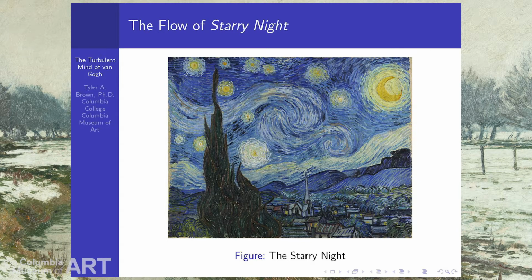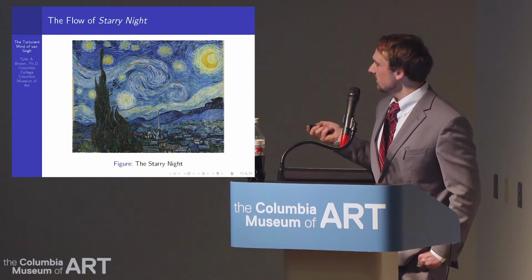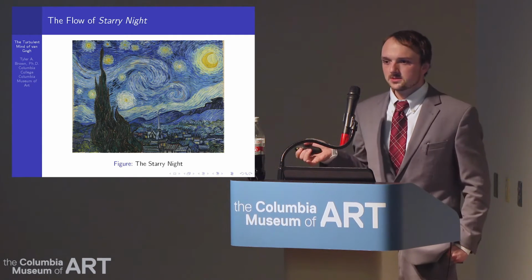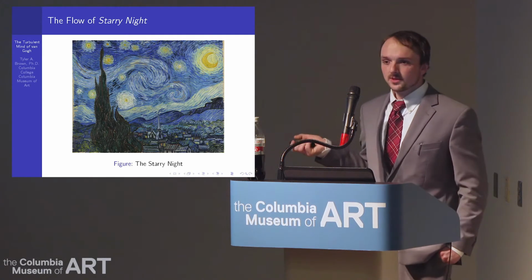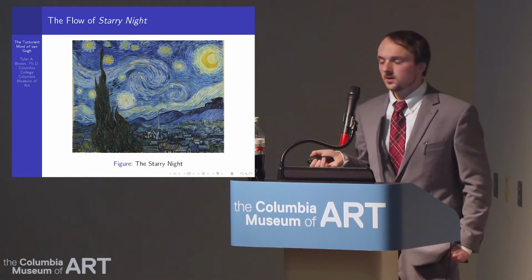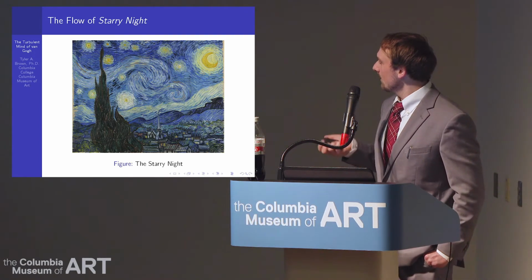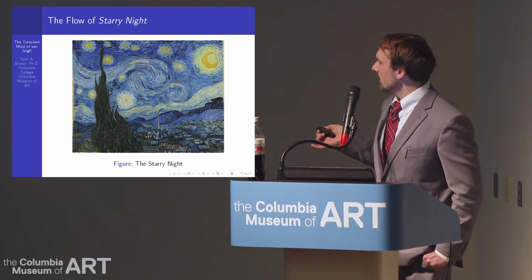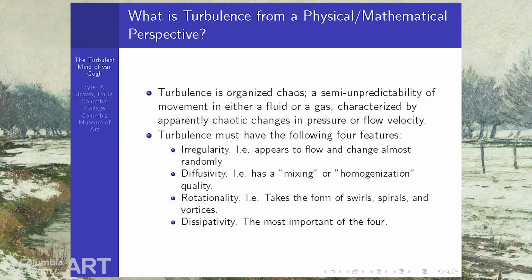So from a mathematical or a physical perspective, one might wonder how closely the flow in the sky mirrors real-world turbulence. Because right now, if you could describe this, turbulence would be a really good word. So we need to figure out, firstly, what is turbulence? Maybe it's possible to model what's happening in this sky using mathematical or physical models. But first, what is turbulence?